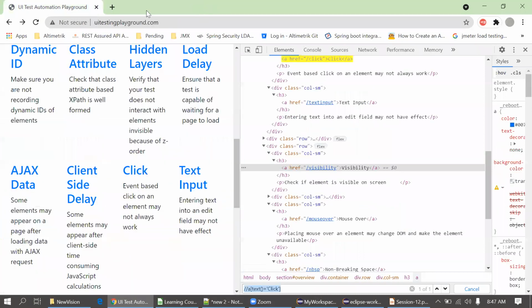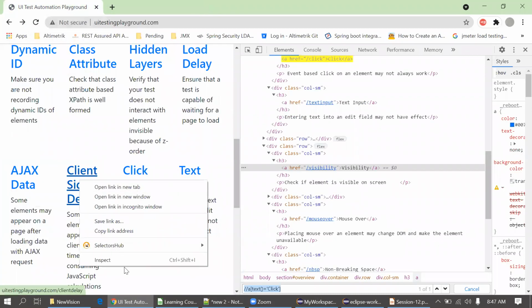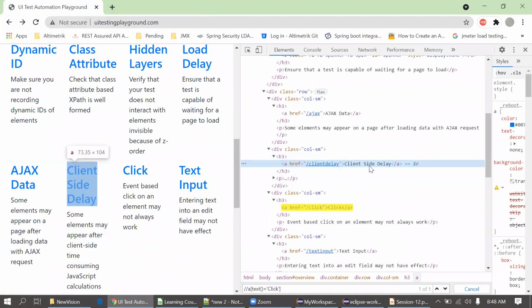I'm not using this site. I'll just use this site. I'm getting the expected locator here. So if I want to use contains, I can use contains here, and I can just provide the partial text. Here I will just have to replace equal with comma, and at the end I have to complete the round brace. Okay. So if I am passing the partial text, suppose I am deleting the delay, that's also fine.